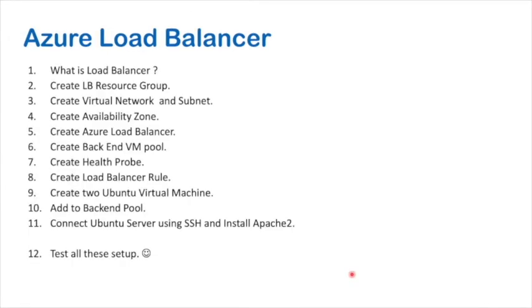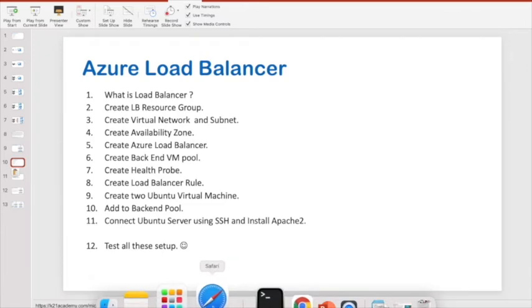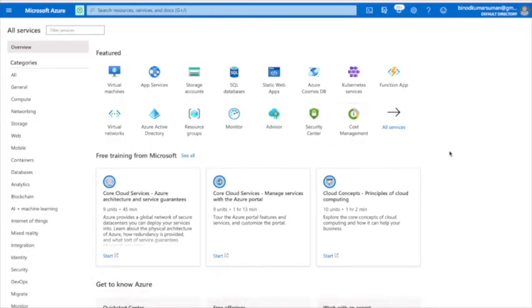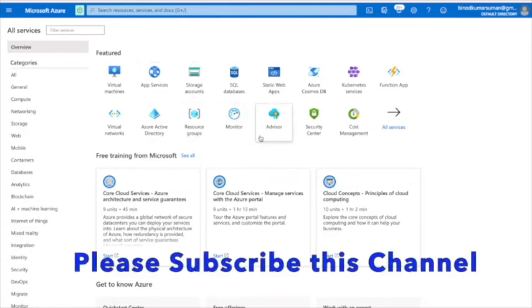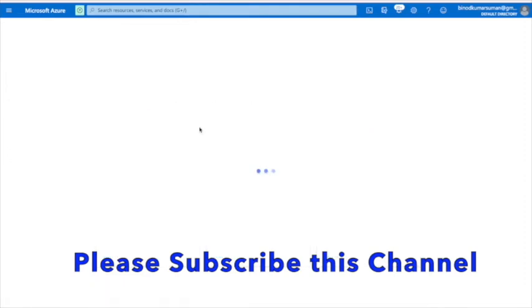Now let us start the hands-on and see how to do that. I hope all of you have an Azure account and have already successfully logged in to portal.azure.com. First I will create the resource group. Anything you want to start in Azure, you first create the resource group. Hit resource group,